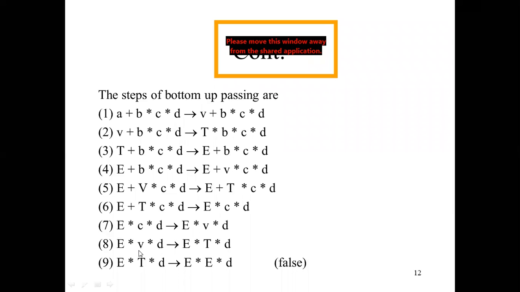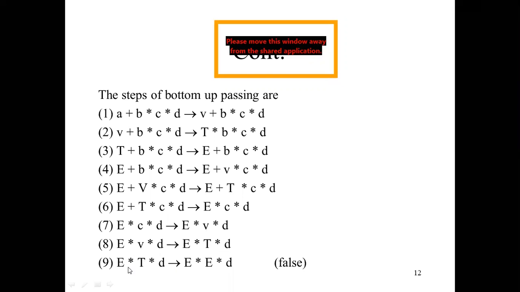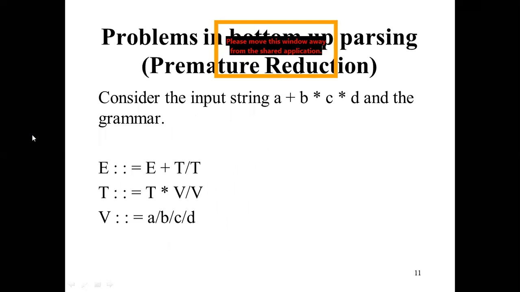And now again you can see what is E star. Here we are writing again E star and replacing this V by T, from the preceding grammar mentioned in the problem. So E star T star and the remaining item is star D. Again we will write this thing here, E star T star D, and then you can see E star T. What is T? Again, you can choose from the preceding one.